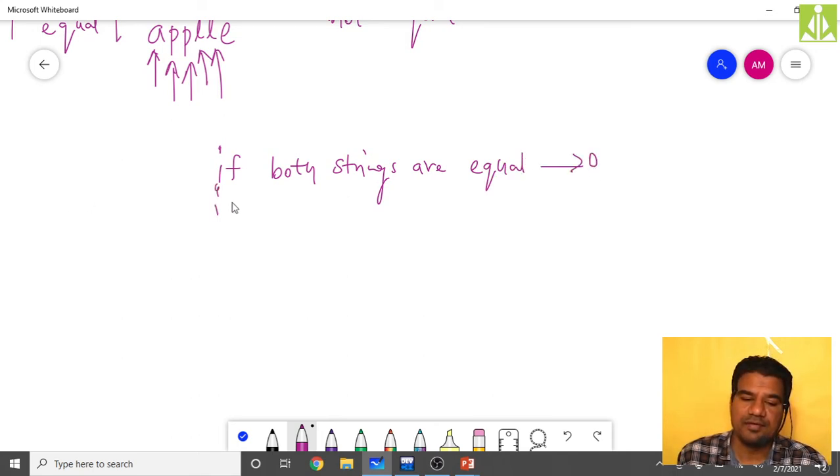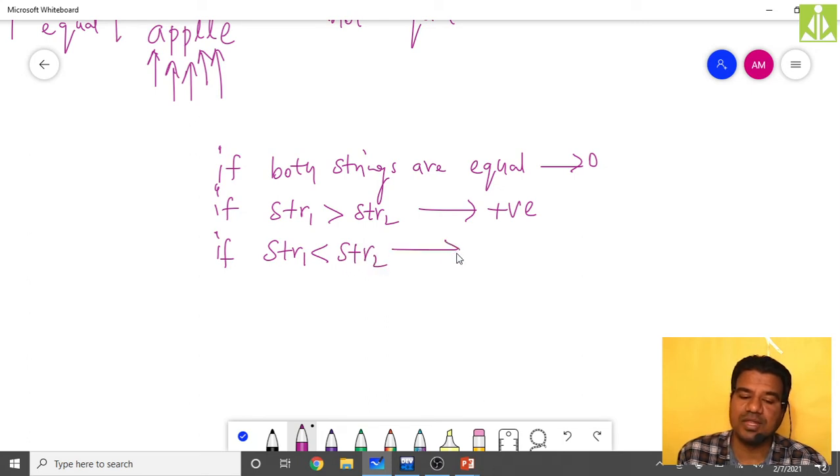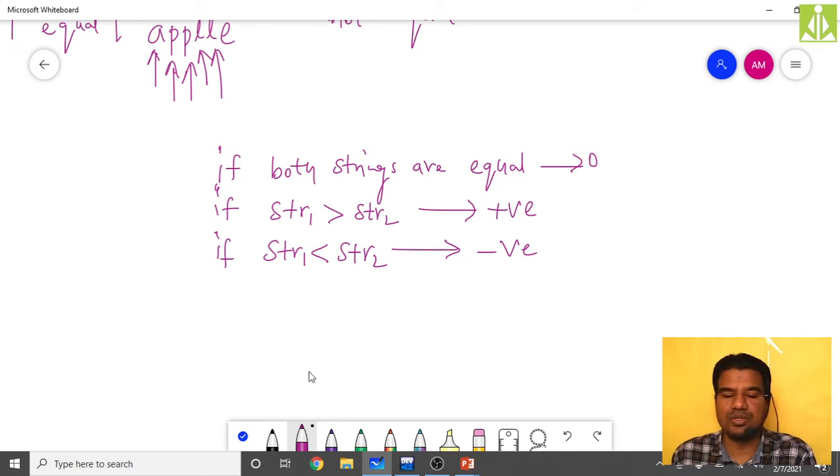If str1, the first string, is greater than str2, the second string, it will return a positive value. If the first string is lesser than the second string, it will return a negative value.